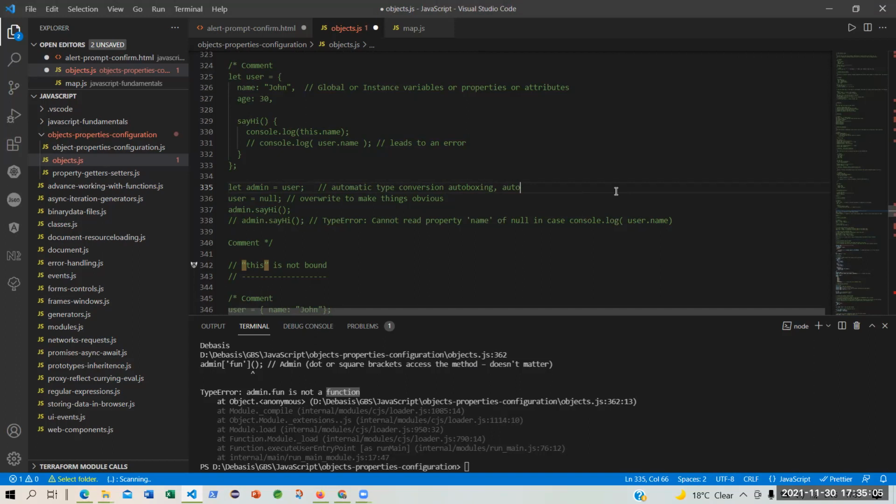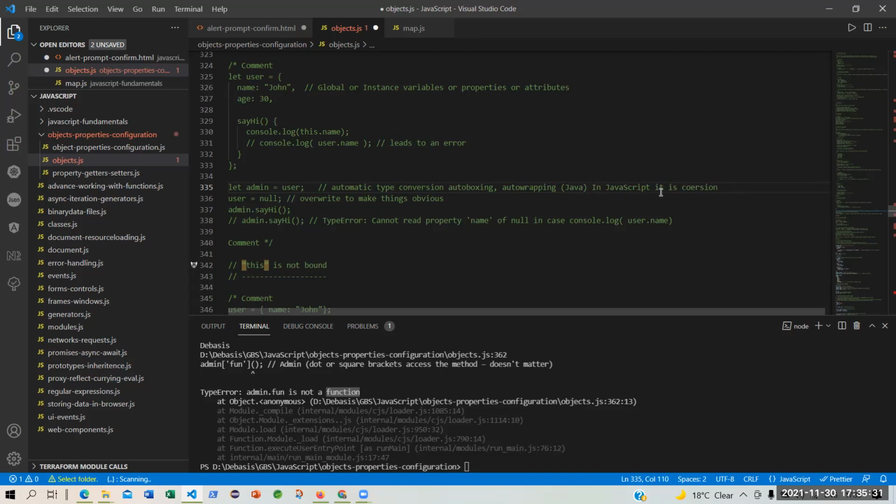Auto boxing or auto wrapping is in Java. This inheritance is in Java. Auto boxing, auto wrapping in Java, but in JavaScript, it's coercion. Yes, very good. Am I correct in the spelling?